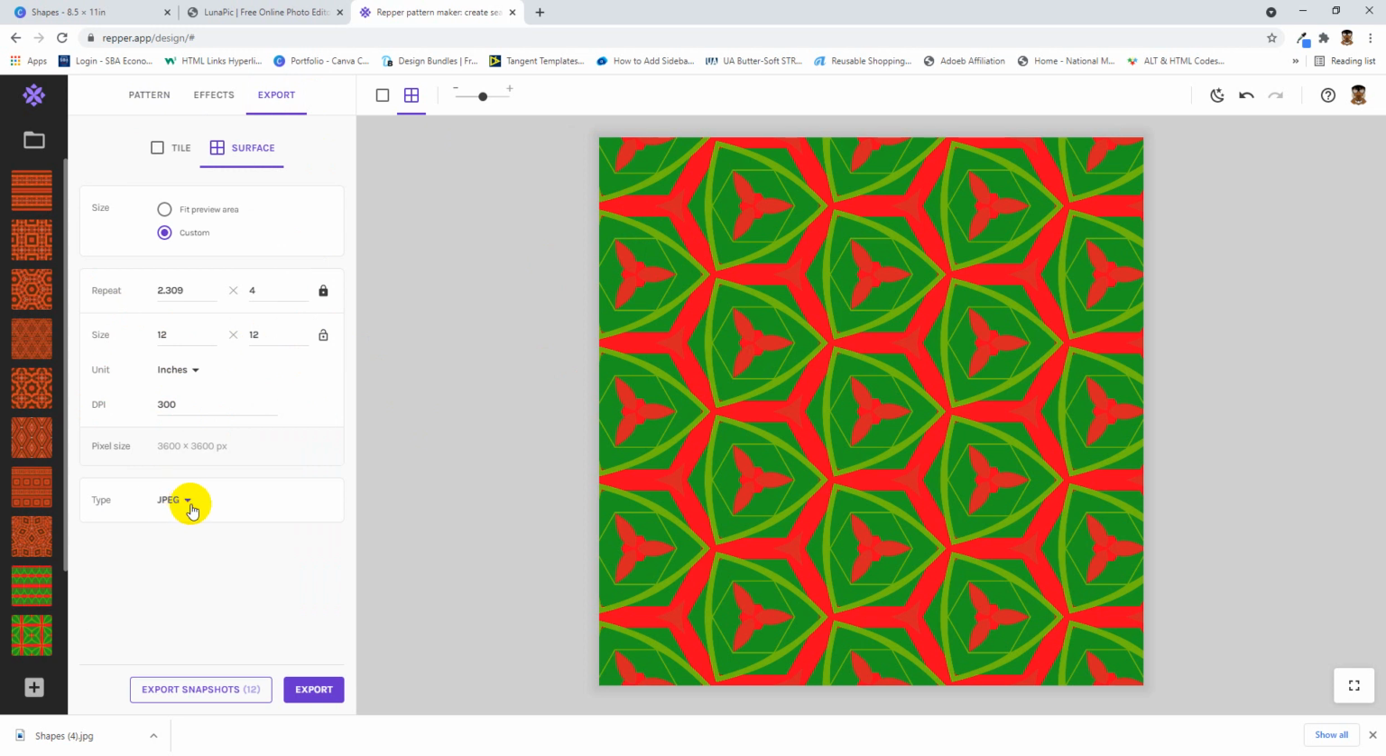And the reason why I'm choosing JPEG is because of the file size. The file size will be smaller than if it was a PNG, but you still have the pixel size and you still have the DPI. So now I'm going to go ahead and export it. When I export it,